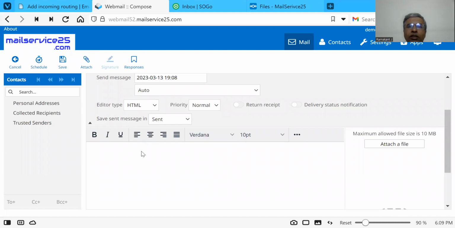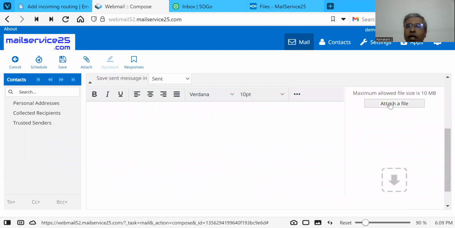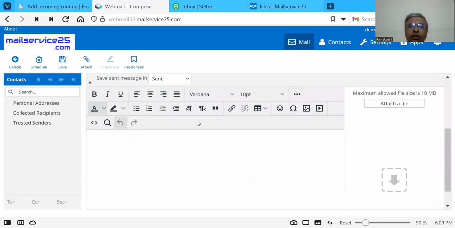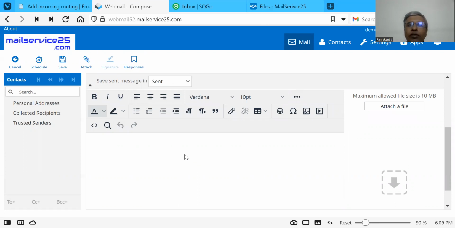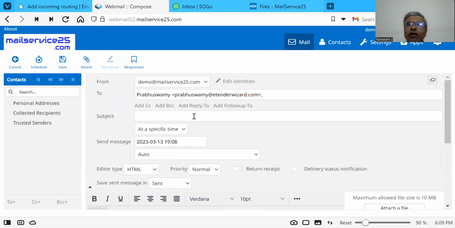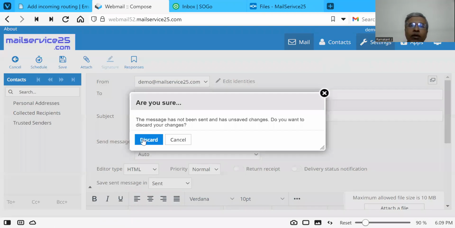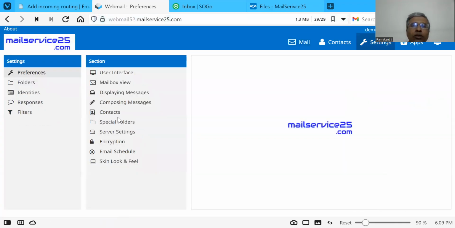And you've got rich compose window with so many facilities. You can attach a file here. Okay, so all these you can add links and so on. So all these facilities are there. And when you're sending the mail, you also have the facility of recall. But before we get into that, we can see some settings. Okay, so here you've got